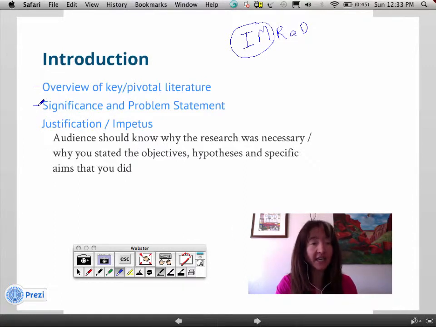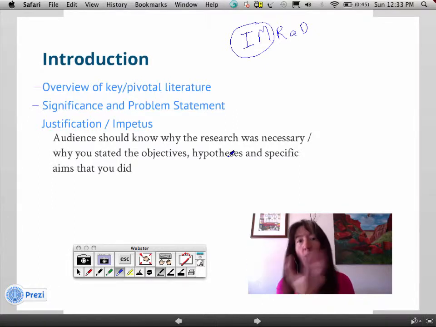Again and again and again, it's always important to come back to the significance and the problem statement. That is, what is the problem? Why is this worth studying? So the significance should be, if you will, the glowing orb around which everything else is built, right? It's like the snitch of the Harry Potter Quidditch match, right? It is the thing around which everything is run. And so if we can keep on coming back to the significance statement in all cases, that's very important.